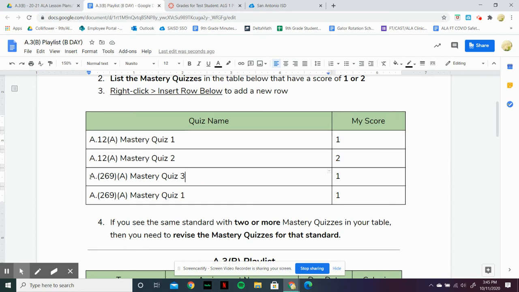And looking at my scores for standard A269, if I scored a 331, sorry, a 311, so I got a 1 here, a 1 here, and a 3 on the other quiz, that means I have a 50 for this standard. So if you see the same standard with 2 or more mastery quizzes, meaning you have the same standard appearing in your table with a score of a 1 or a 2, then you need to revise mastery quizzes